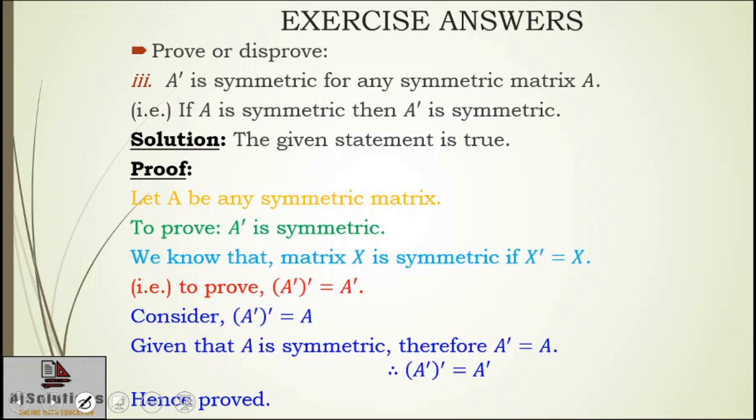So are you all understanding the 5 steps? Number 1, I am denoting by orange color, and that is the assumption step. Number 2, I am denoting by green color, and that is the what-to-prove step. Number 3, I am denoting by sky blue color, and that is to write the fact which will help you understand what to prove exactly. And step number 4, I am denoting by red color. In that step, you have to write what exactly to prove.